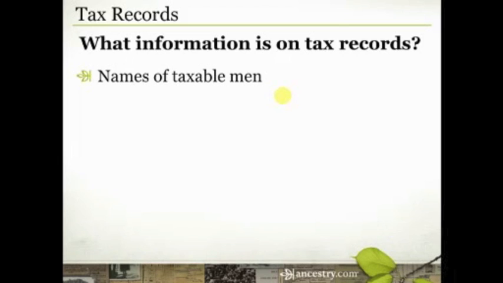A cow was considered property, and very, very most families owned at least a cow, even if they didn't own the land that they lived on and farmed. And so they'll be included in these tax records if they have any property at all. Not only are they going to be showing up on the list because they own property, but in some cases that personal property is going to be